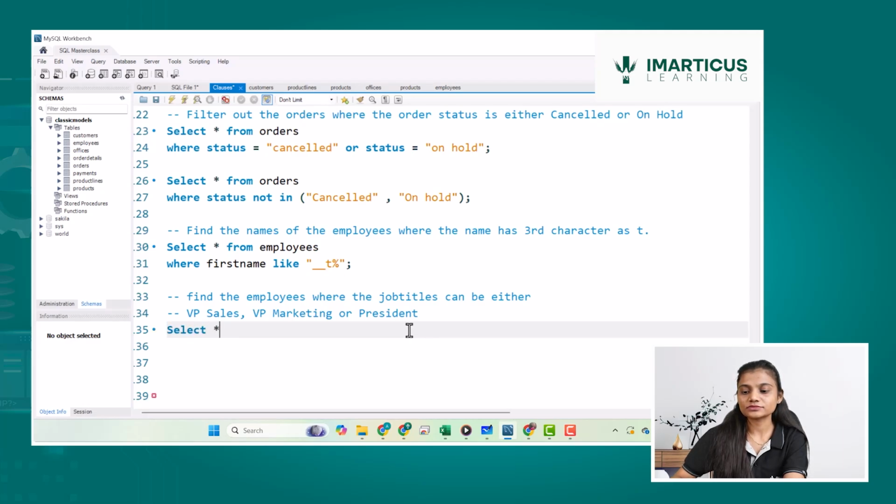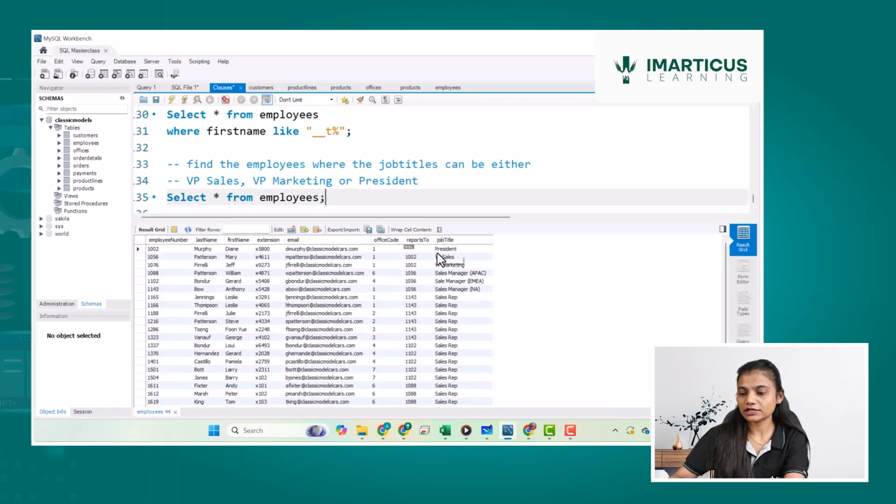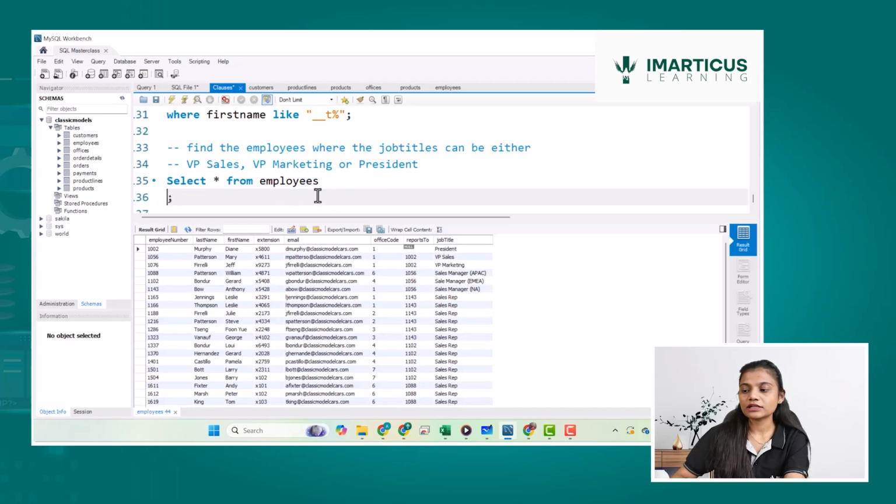So imagine that I have credit limits of the customer. So select star from customers which are there. Now there are several credit limits of the customers being available to me. Let me just go over here, credit limit as a customer. Now I want to understand which the customers where the credit limit is between 30,000 to 50,000. So I have that criteria needs to be met. So filter out those details